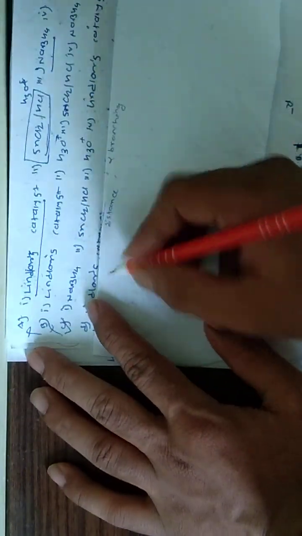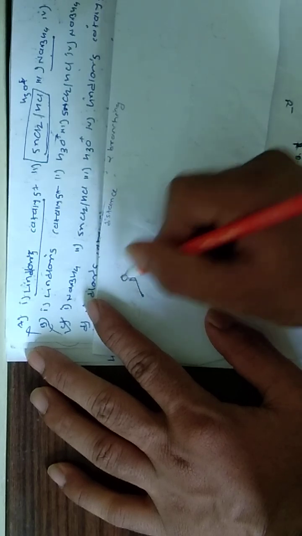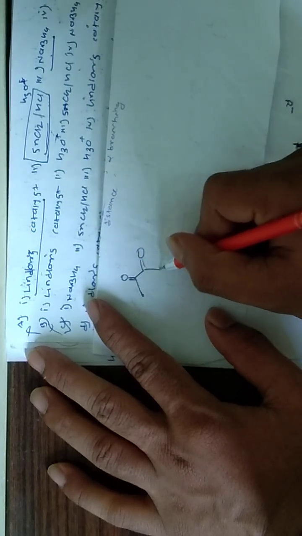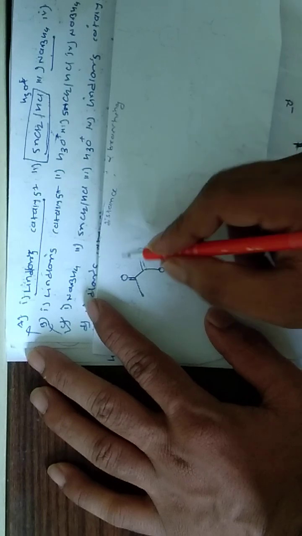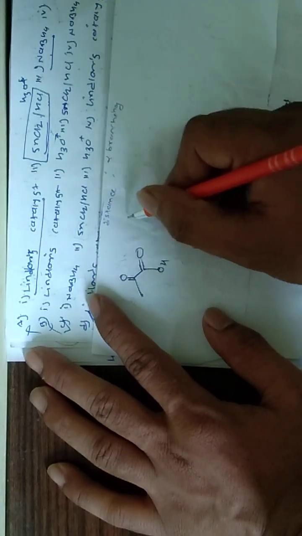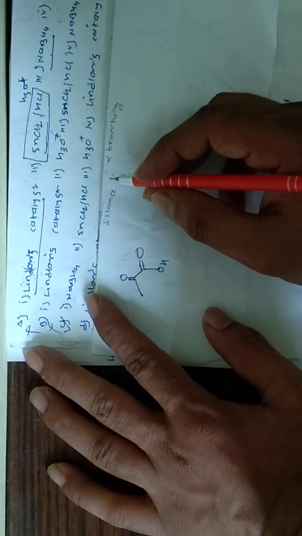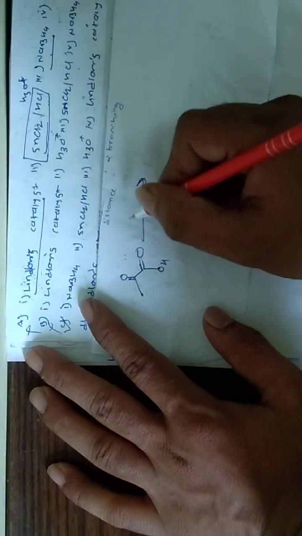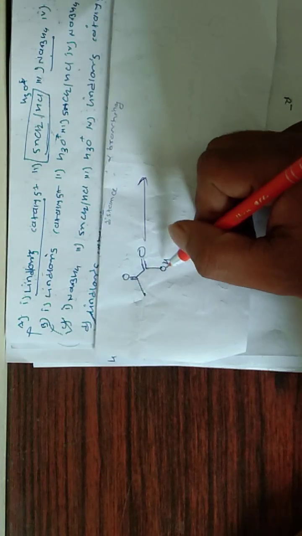Now another important point in that reaction: let's suppose this type of structure you see anywhere, then if any base is also not used, there is no requirement of soda lime. It will simply decarboxylate